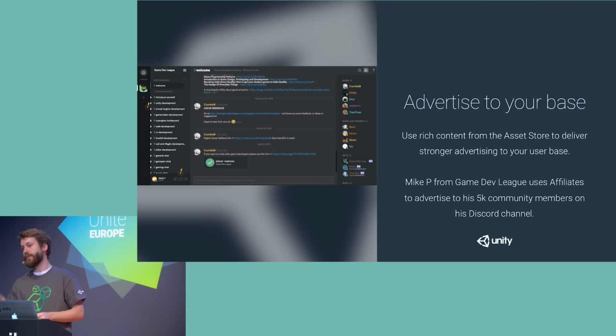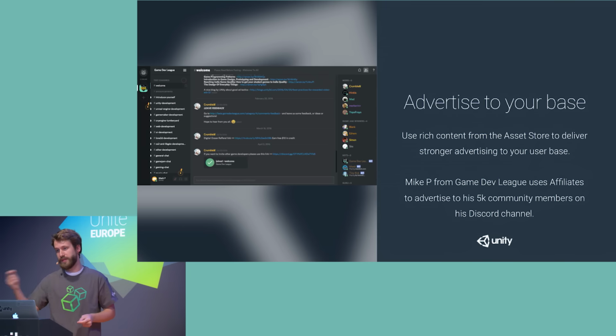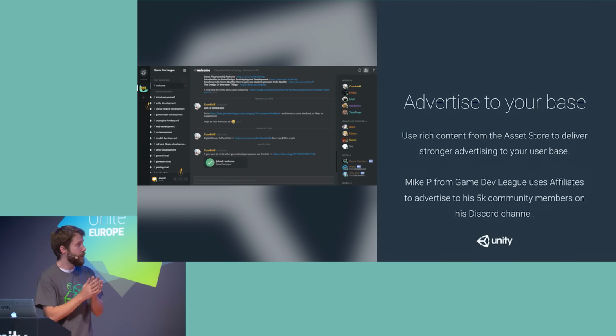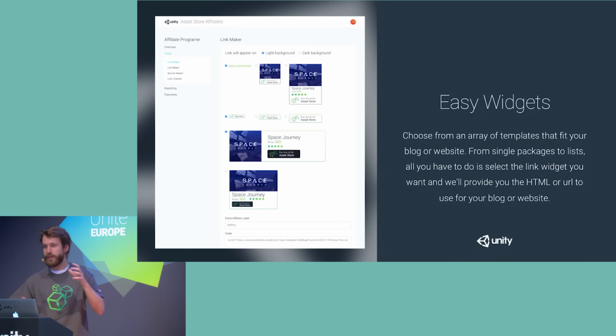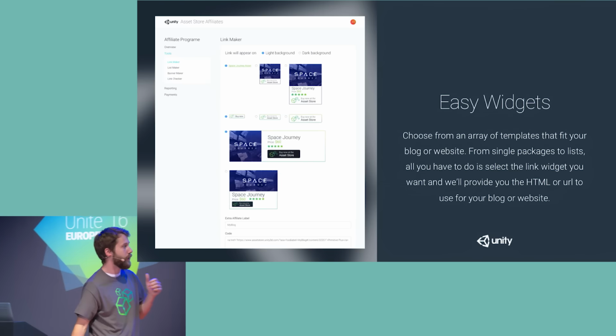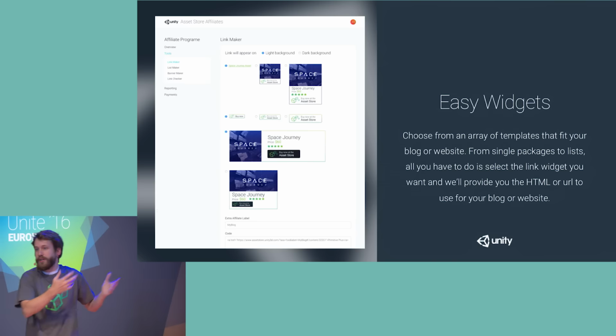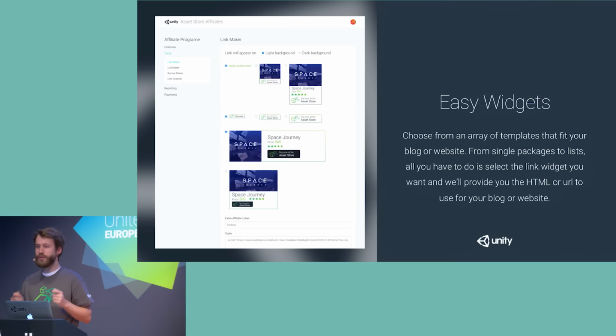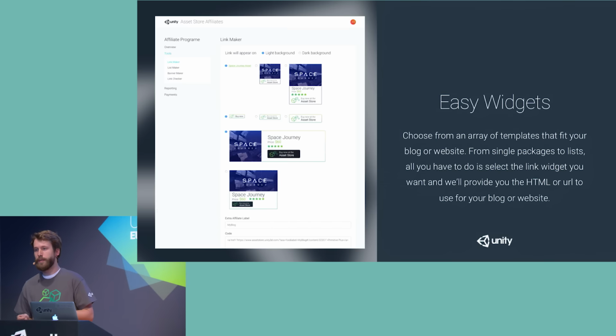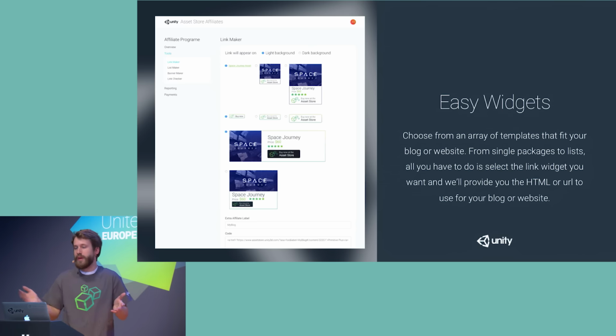From Game Dev League is going to make a small fraction of the sales, right? So we thought this was a really clever implementation, but you don't have to be some sort of web guru, right? You don't have to do any of these things. What we've done is we've given you super easy to use widgets so that you can make an affiliate link and start generating revenue and start advertising in the content that you're creating in a matter of minutes,